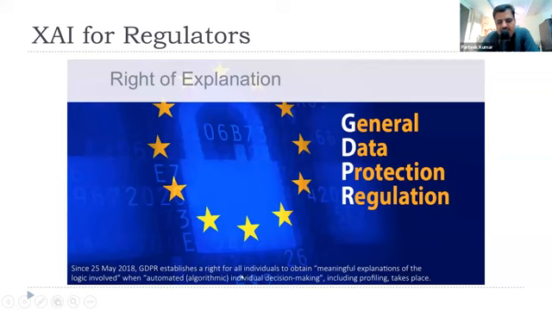So it means that a person has a right to get an explanation when a company is using an AI model for decision making. If a bank is using an AI model for approving or rejecting a loan, the person has a right to know why his loan has been rejected. So it is the responsibility of the bank to provide a meaningful explanation for the logic involved in AI models. So now here you can see that